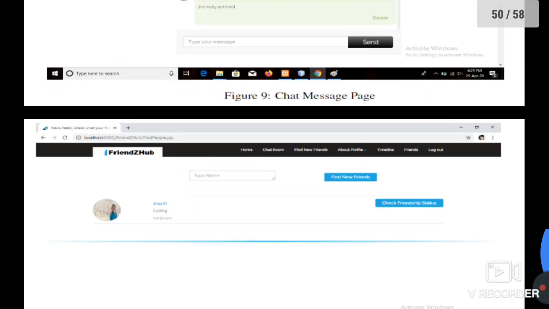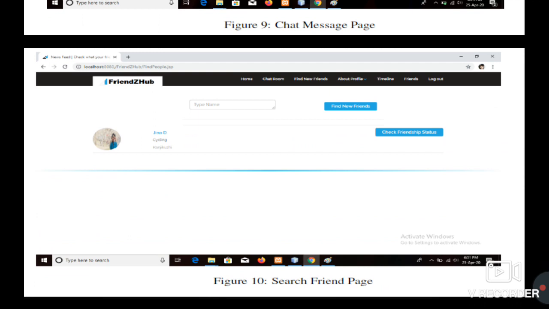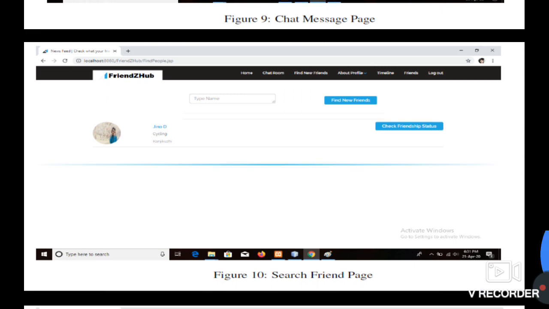Then next is the friend search page. Here the user could type a name and find whether that person exists in this Friends Hub website.